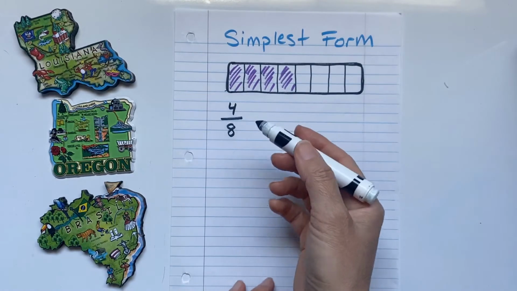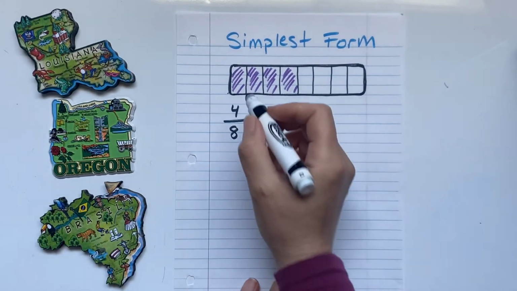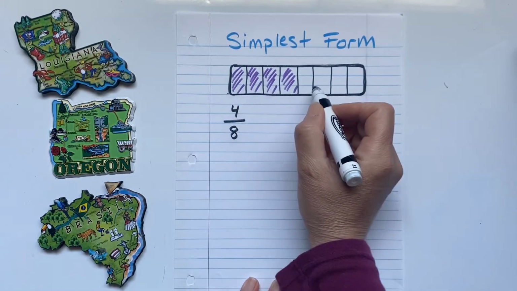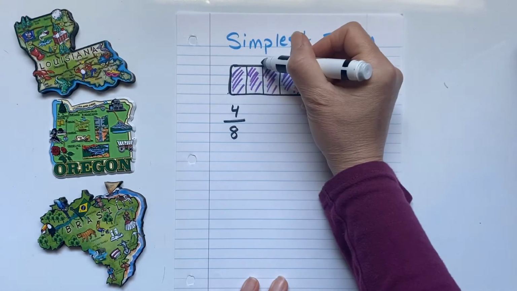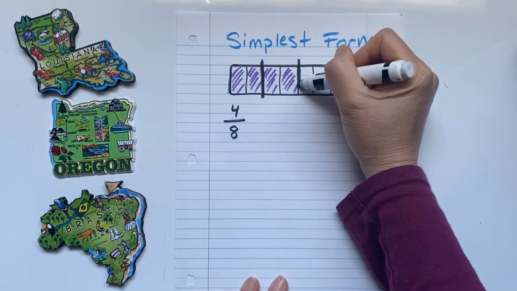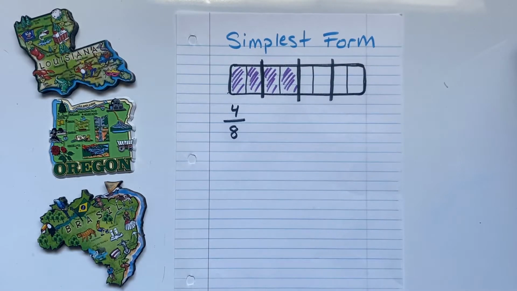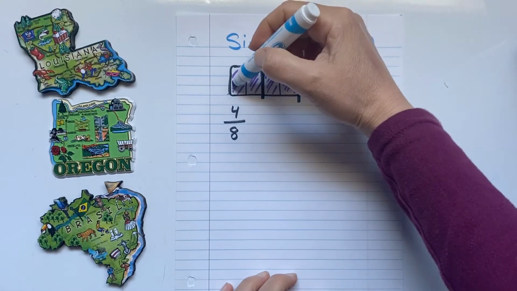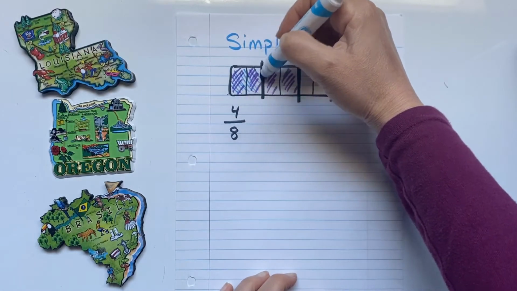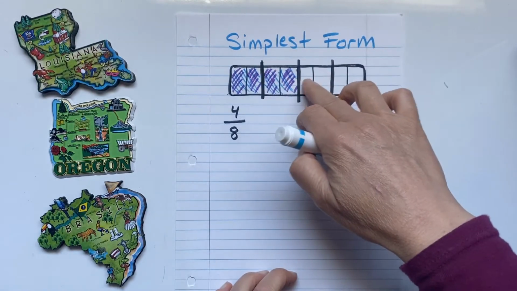So what I can do is, let's see, 8 is an even number, so I know 2 is usually going to work. So if I group every 2 pieces together to make a larger piece, I could represent it by making a darker line. So there will be a grouping of 2, another grouping of 2, another grouping of 2. And if I shade it in to show the new grouping, it would be like this. So here's now a larger piece, and here's the larger piece, and then there's a larger piece and a larger